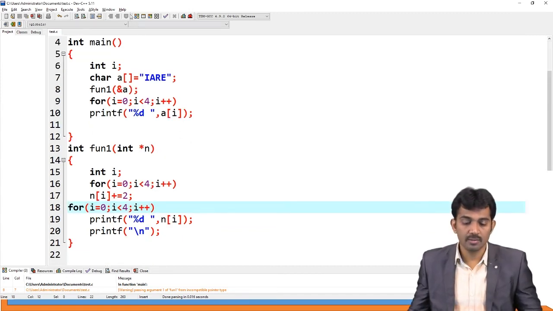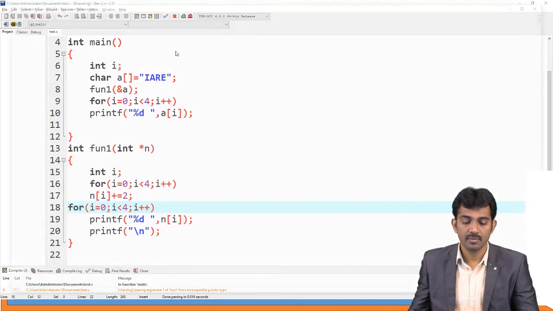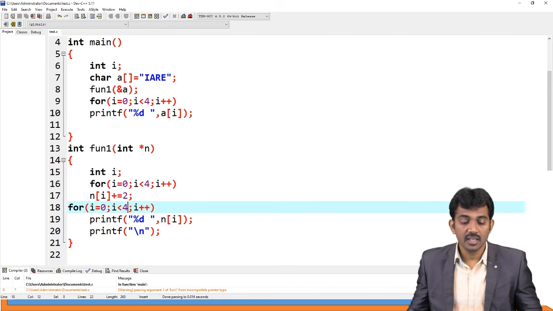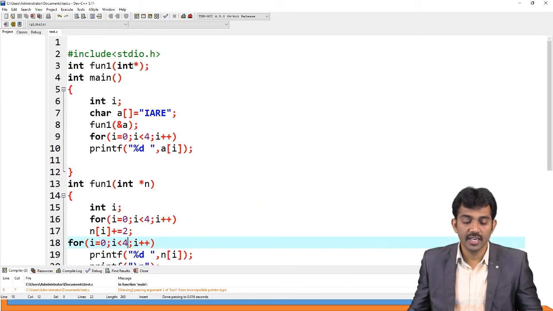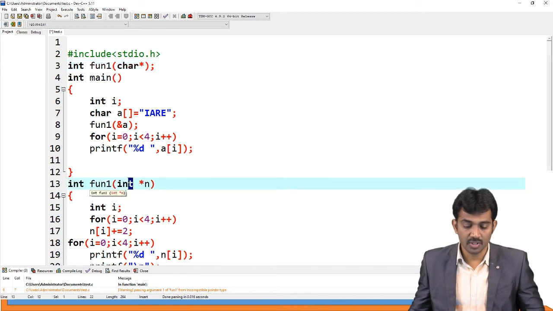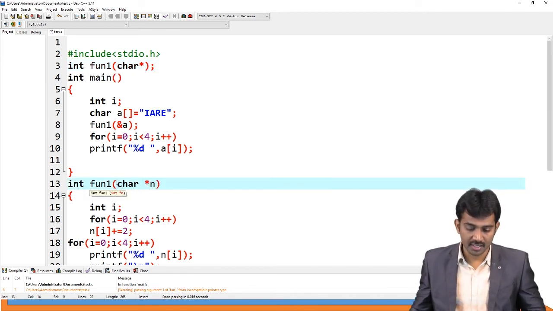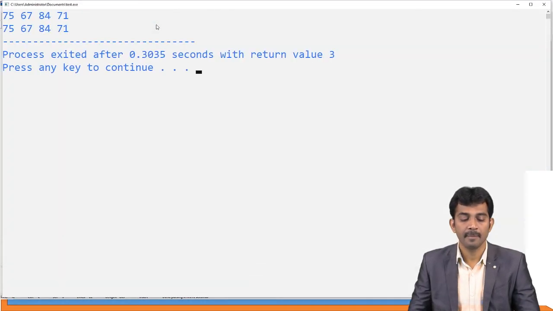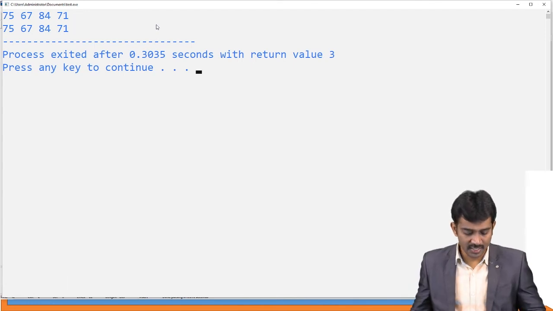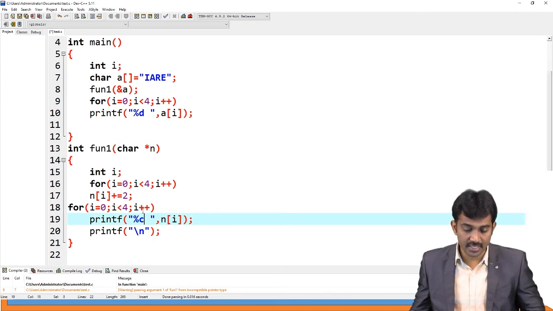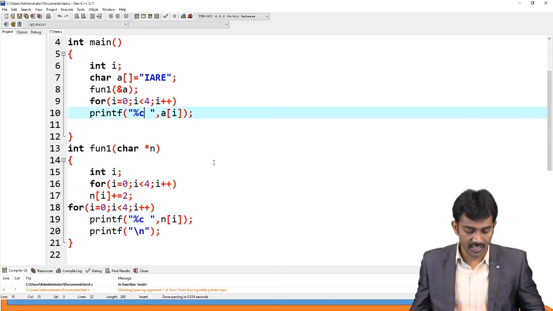If you run this code, what I'm going to do? So here the type mismatch, right? Here you are sending character. Please note this. Character. That is the reason why I am going to get these values. The reason is here what you used percentage d, right? So you should use percentage c. You need to print the character, right? Character by character.